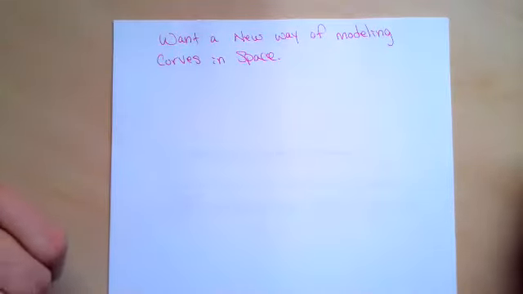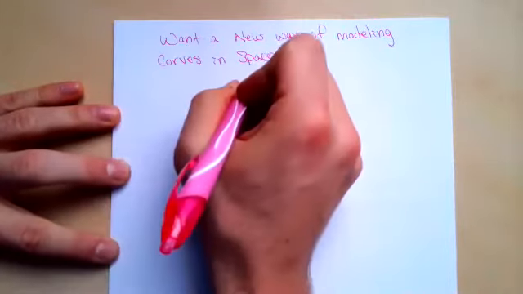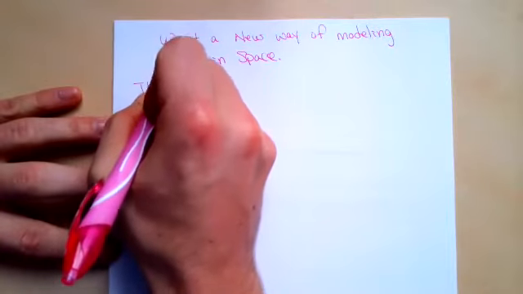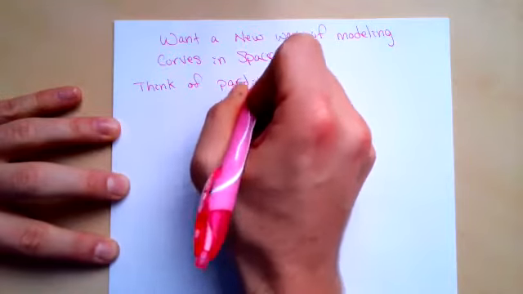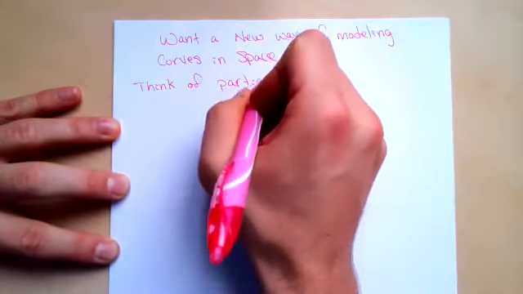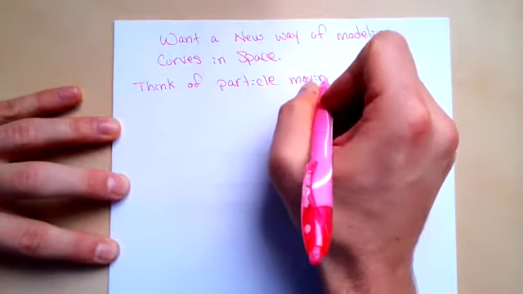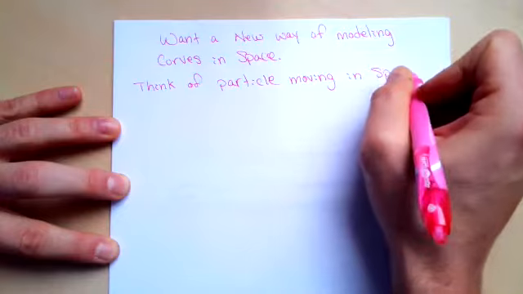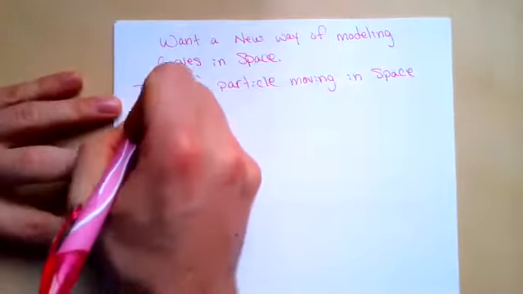In many ways, you can think about this as a particle moving in space. So think of a particle. It could be a billiard ball. And the key thing now is that we're actually in a two-dimensional space. So I'm going to write,